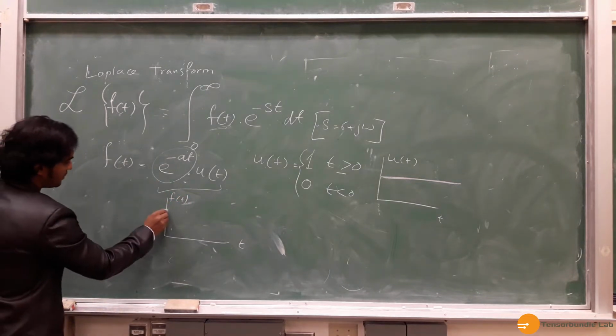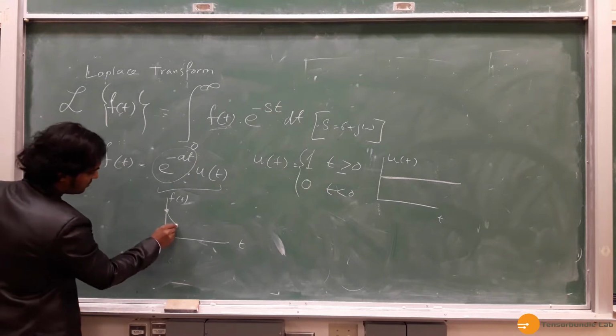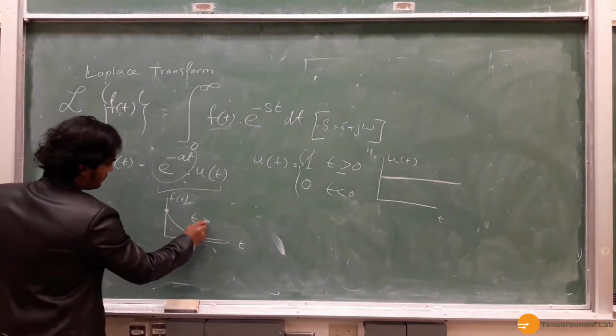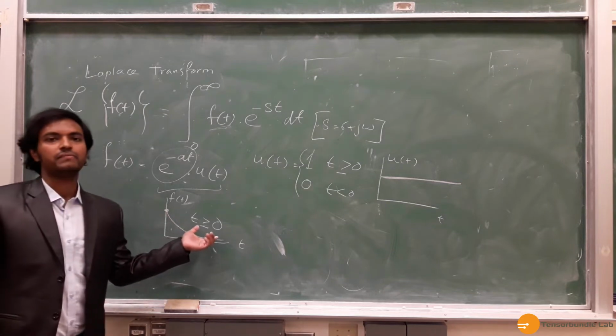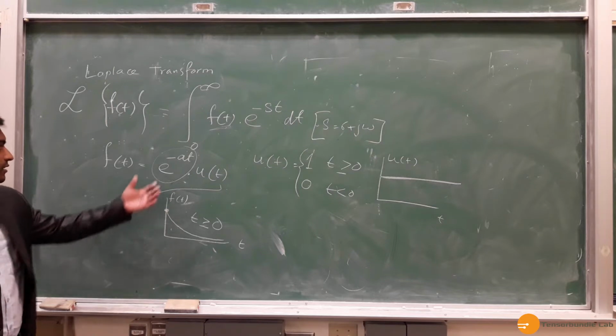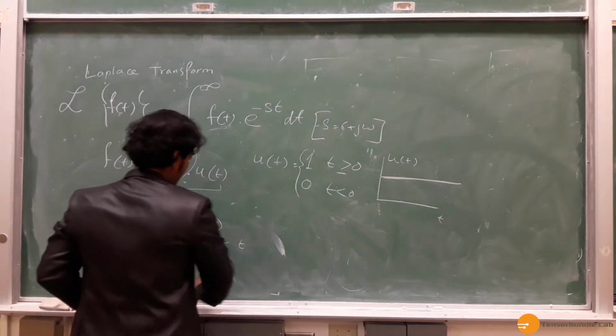Since it's an exponential decay, it will start from the maximum point and start decaying gradually. And the function only has some value for the positive time axis. It has no value for the negative time axis. So that's why we multiplied it with the unit step. Alright,